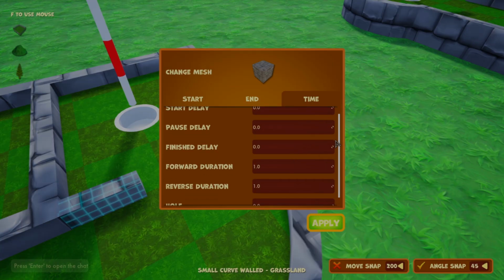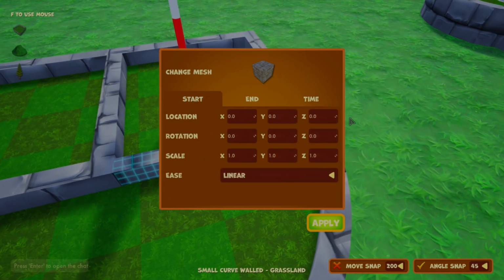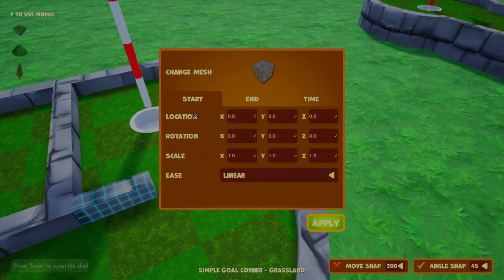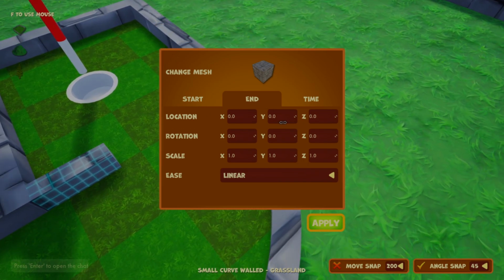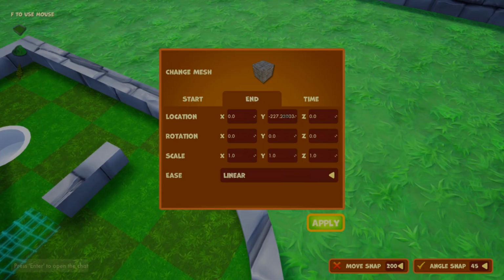I'll go over those fairly quickly here, but in the start, I'll usually leave these all at 0 because it's relative to where you place the object in the map. So the start being 0, 0, 0, that just means it's relative to where you left it, so it's going to stay right there as your start position. Now the end, what I want to do is move it along the y-axis here, and we'll right click and drag the screen to move, and I want it to go over to here,